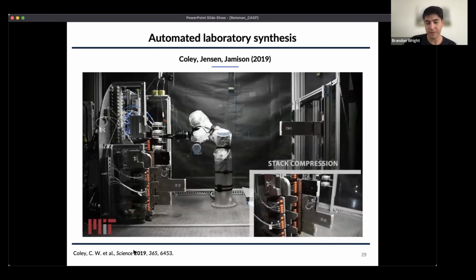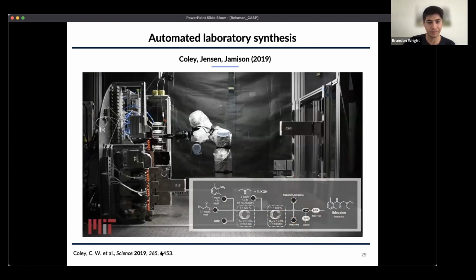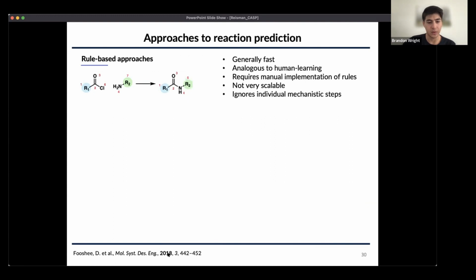So yeah, kind of neat. Computers can do synthesis with robots. I think that's pretty interesting. Okay, so